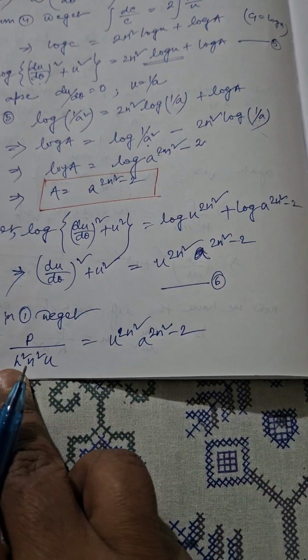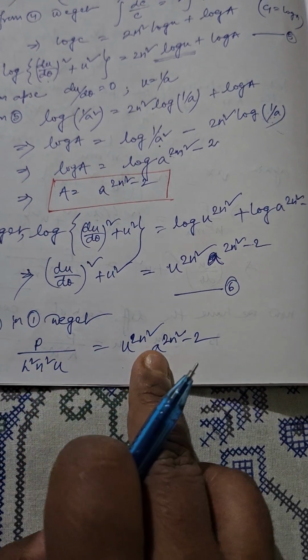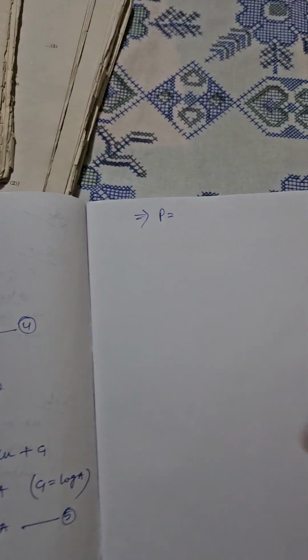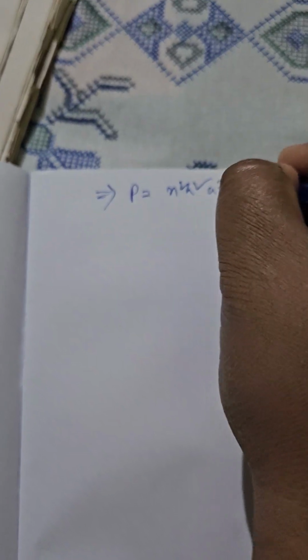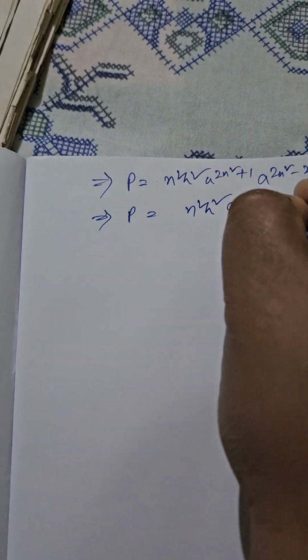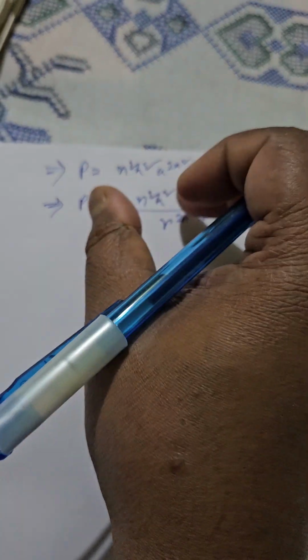So P will be h square n square u to the power 2n square multiplied by u. So u to the power 2n square plus 1, a to the power 2n square minus 2. So n square h square, u to the power 2n square plus 1, a to the power 2n square minus 2. So P can be rewritten as a to the power 2n square minus 2 multiplied by n square h square divided by r to the power 2n square plus 1, since u is equals to 1 by r. Now you can see